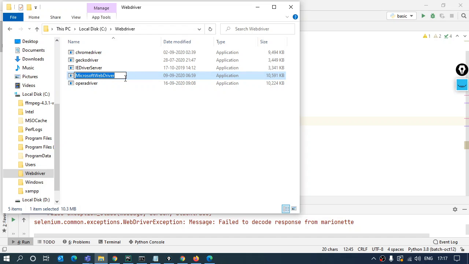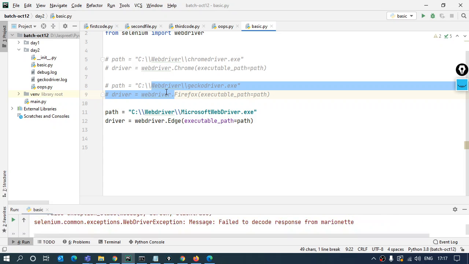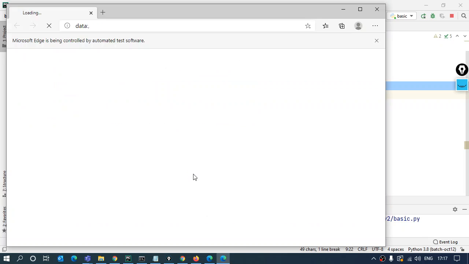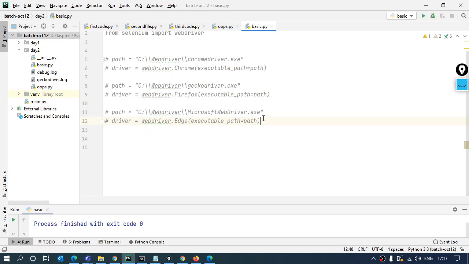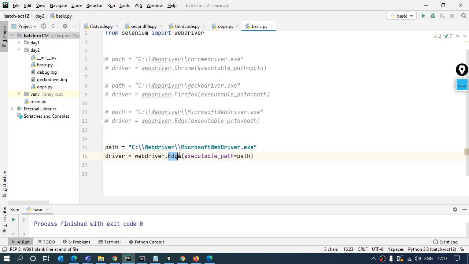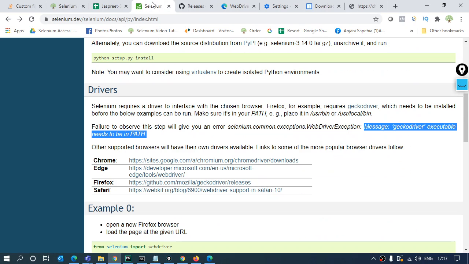I'll just get the name of it, and that's done. Now it will open a blank Edge browser for me this way. Fine. Now talking about Internet Explorer. Internet Explorer is also the same thing that you need to do, the same thing which we are doing till now. We'll be giving the path, and over here when I'm launching the browser, it will be IE. As for where to get the driver, on the official website of Selenium, in the drivers you won't get that section.